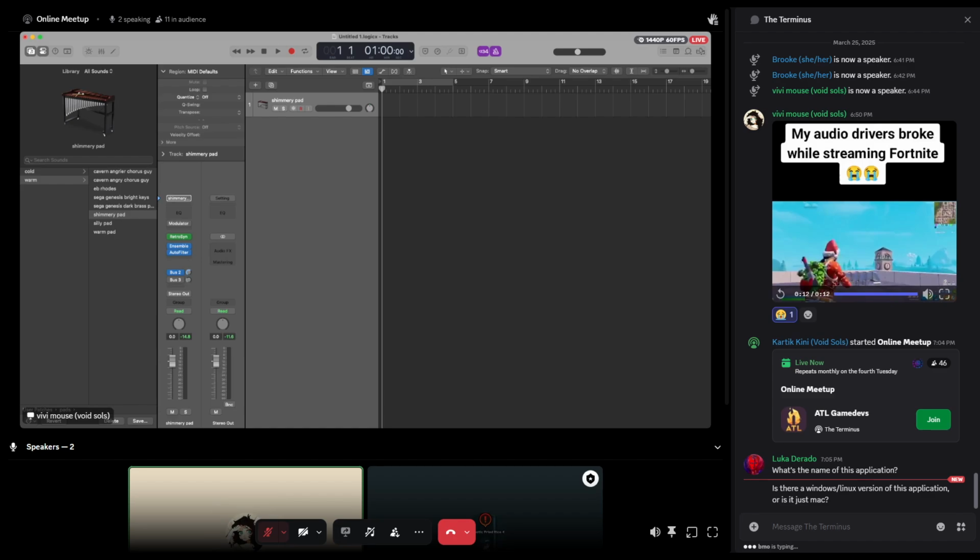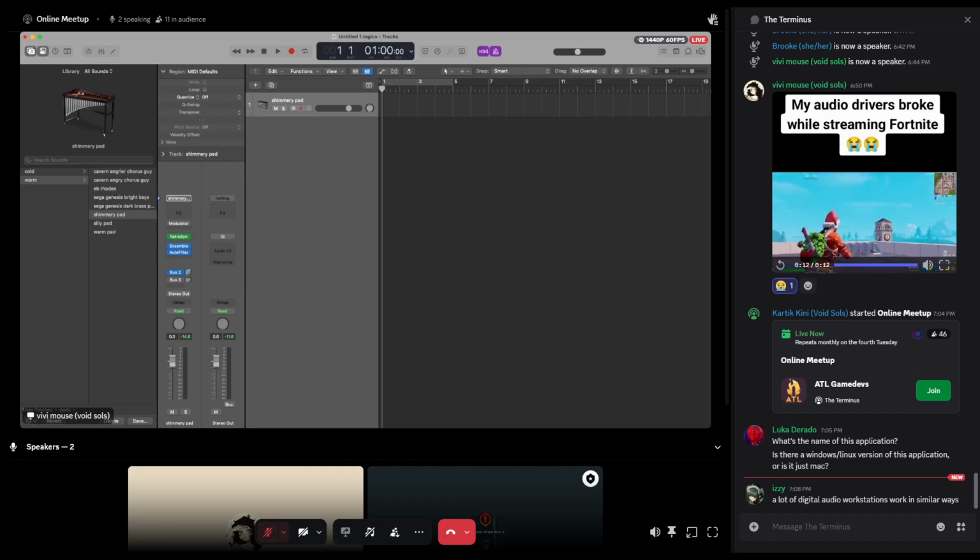Logic is just the one that I use because I've been using it for a really long time. Like Izzy's saying, a lot of DAWs have mostly the same capabilities.